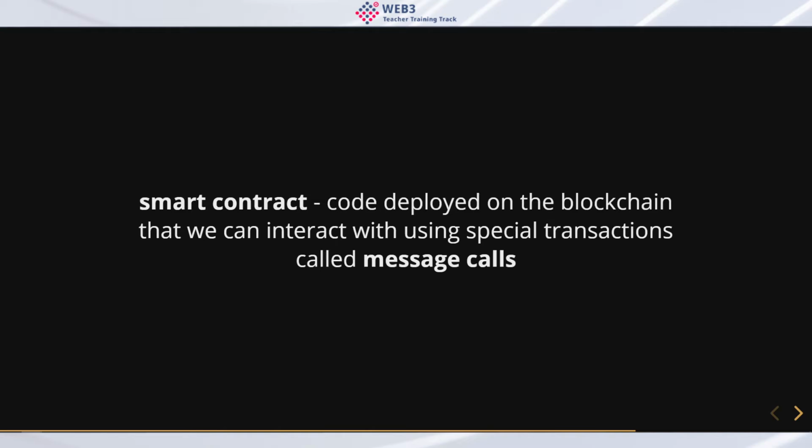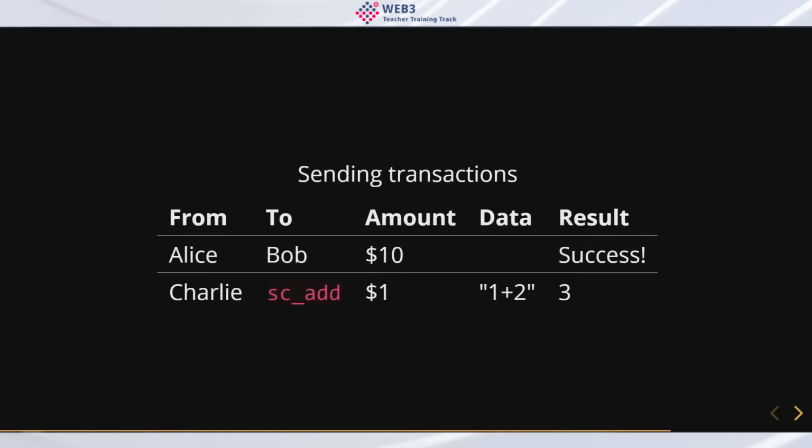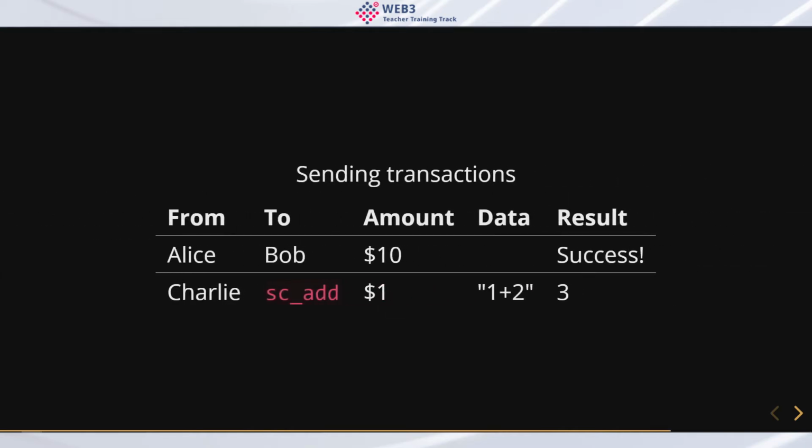You can just send them crypto. You can just send a computer program crypto, and it will act. It can act just like a person, and it can send someone else crypto or something like that. So, pretty interesting. And we're going to be focusing on the development of these smart contracts in Solidity in this